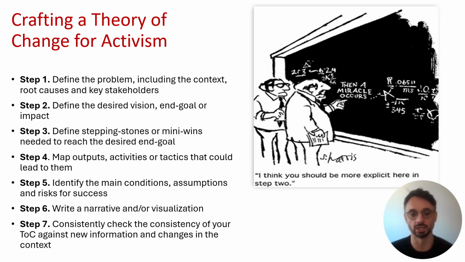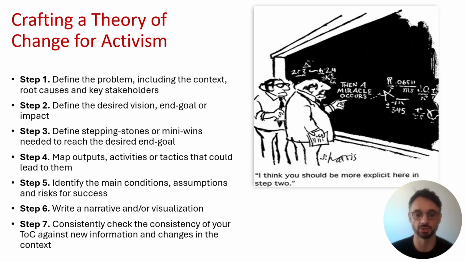Step 5, and this is the important thing and where theories of change really come into their own, is to think about the conditions and assumptions and risks related to your strategy. By conditions and assumptions, that's again going back to what you know about the system and the way that you believe it already works. These need to hold in order for your tactics to be effectual. If your assumptions are proved to be invalid or wrong, it's likely the tactics that you would have designed as part of your strategy are no longer fit for purpose.